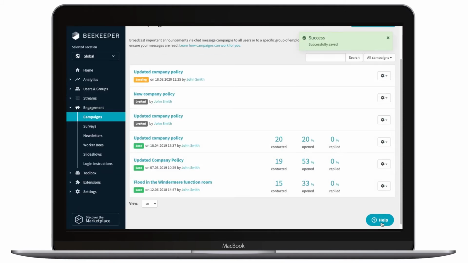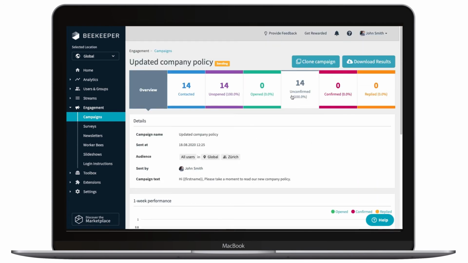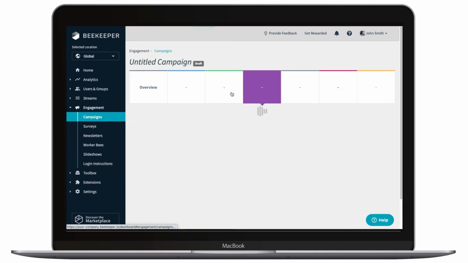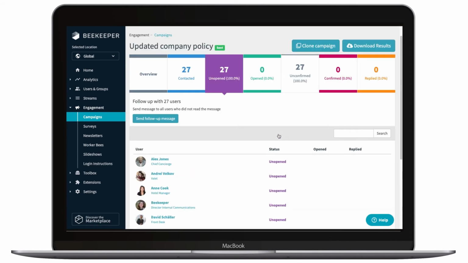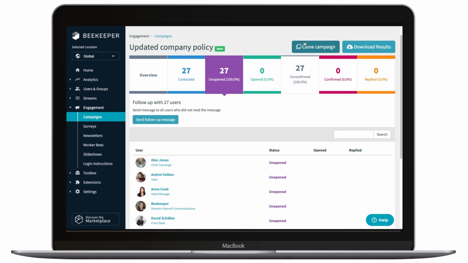Once you're back on the main campaigns page, click on your message to see the report. The report highlights who read or replied to your message and allows you to follow up with users who didn't read the message. Instead of setting up a campaign from scratch every time, you're able to clone a previous campaign